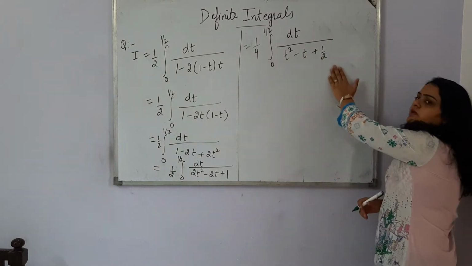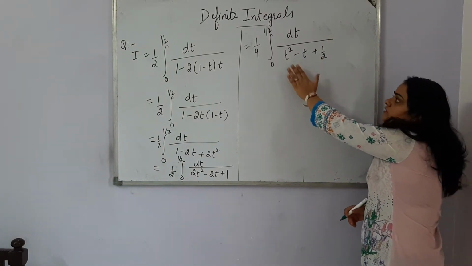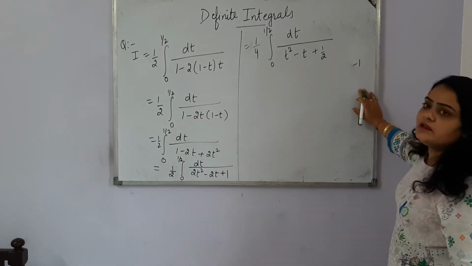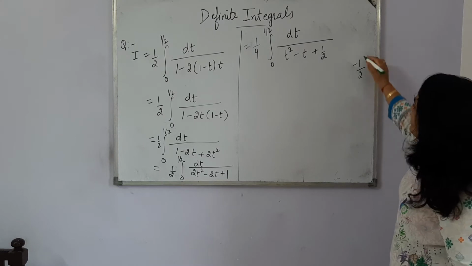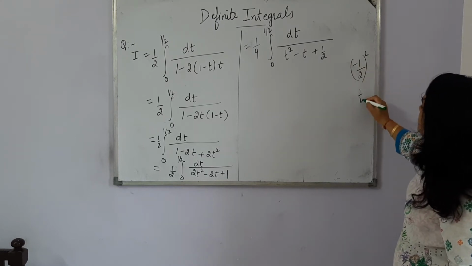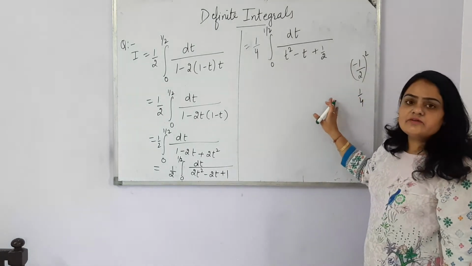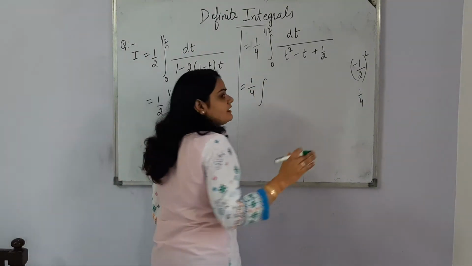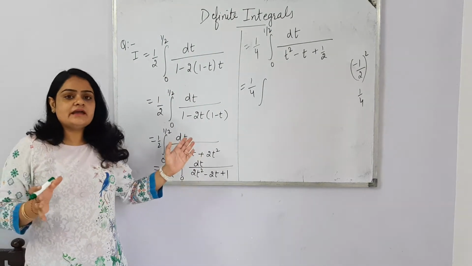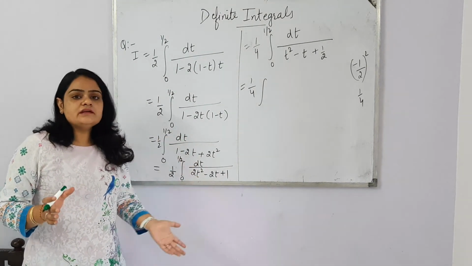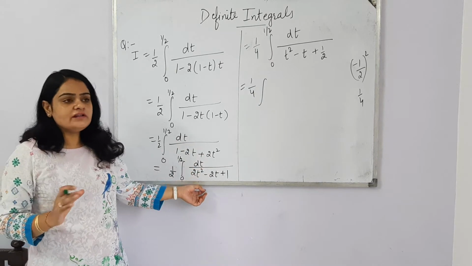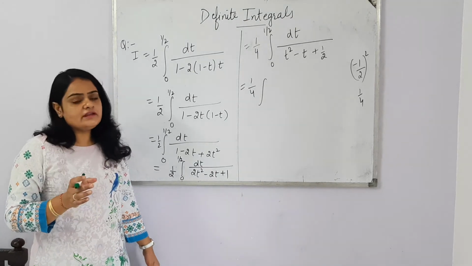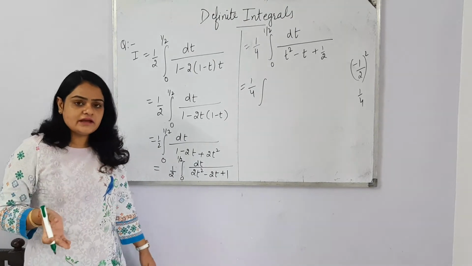Now we are having this equation. Now we want the coefficient of t. What is the coefficient of t? It is minus 1. We need to divide it by 2 and after that square it. It becomes 1 by 4. So we need to add 1 by 4 and subtract 1 by 4. If you want to see the detailed criteria of how to do complete the squaring, I have already solved these types of questions in indefinite integration. You can watch those videos, then it will be more clear to you.